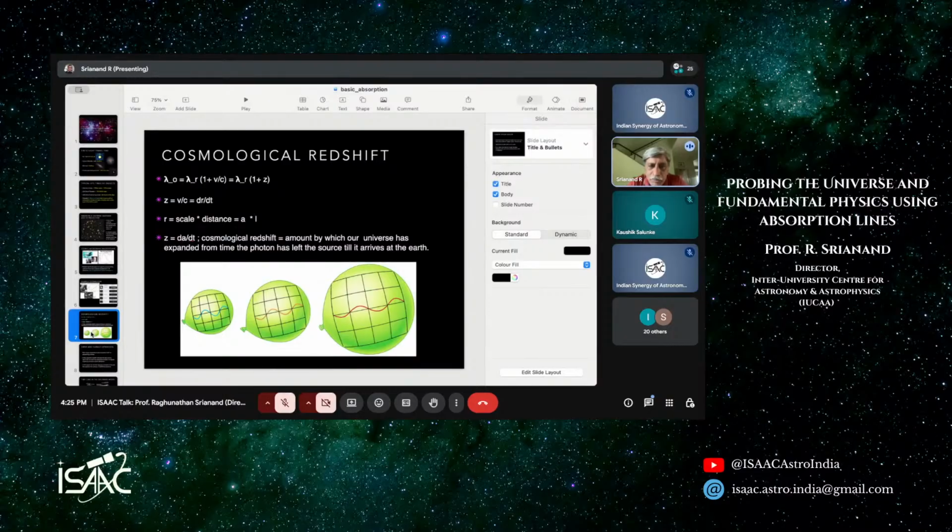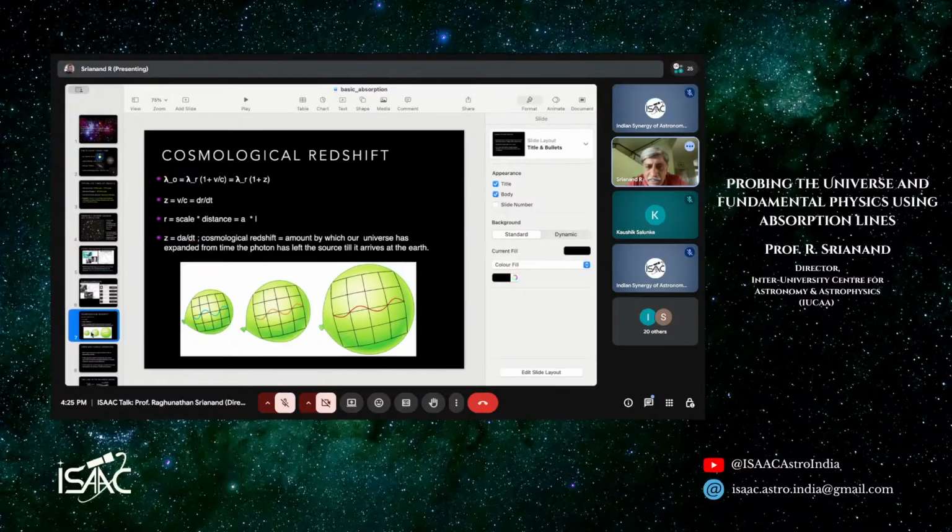The basic idea is that if you want to understand the observations of Hubble, what we are saying is that you look at a distant galaxy, the galaxy light is arriving at us, and when I take the spectrum, I find that the wavelengths are shifted by some amount. How do I understand it? The way you understand is that a lot of time has passed between the photon being emitted by the source and its arriving at you. This time is extremely large. Within this time, the universe has expanded from some small size to a slightly larger size, okay?